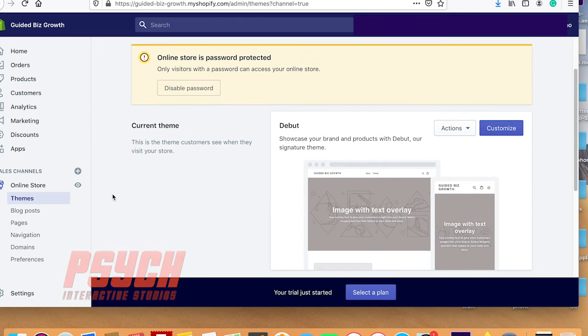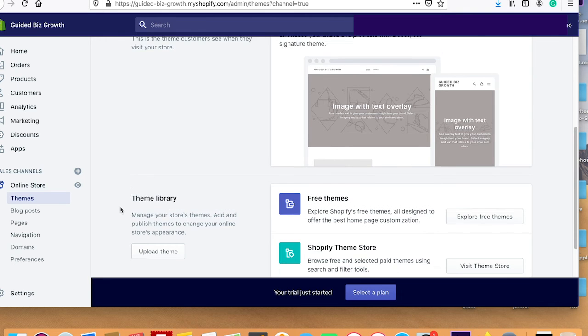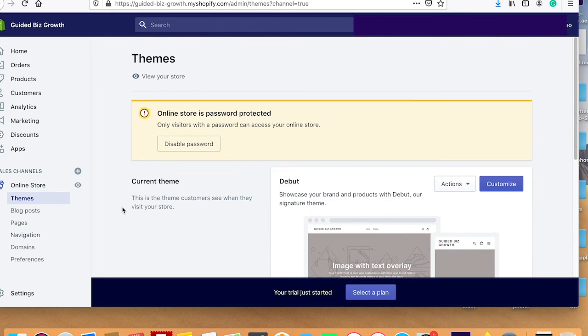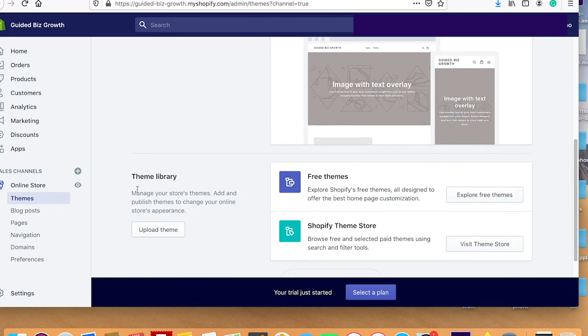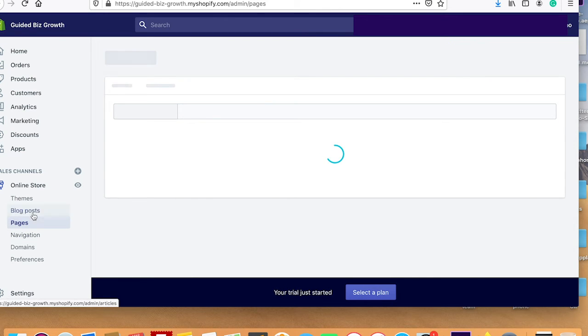So here we have the sales channels. Right now we only have the theme. A sales channel is basically the store, or where you have your products for sale. For example, Walmart is a store. They sell their products, but they may have a white label product called Walmart, and they might sell it on Amazon or eBay. Those are also other sales channels. So they already have different channels here. They have the blog posts, pages,